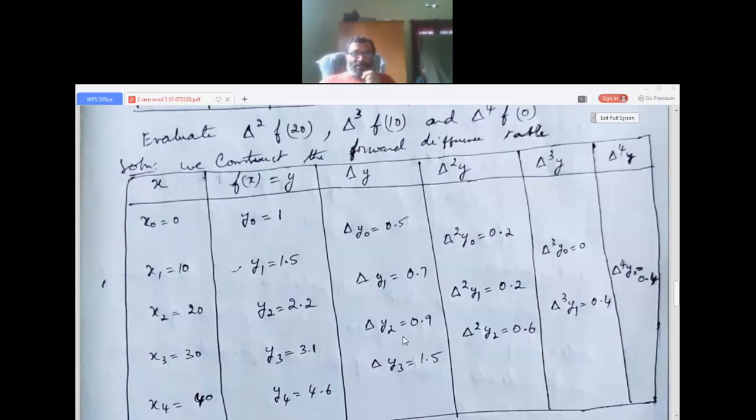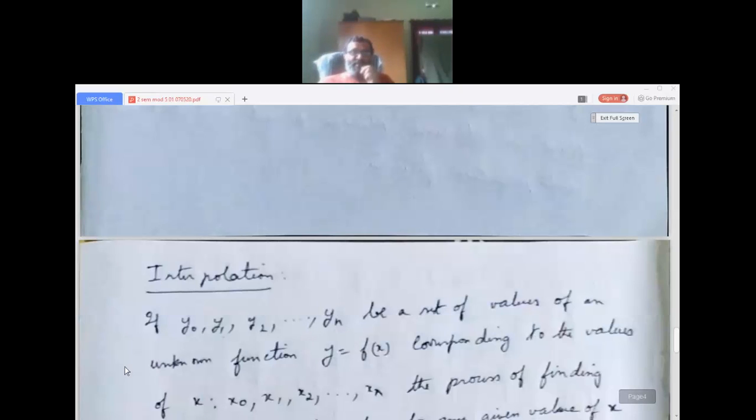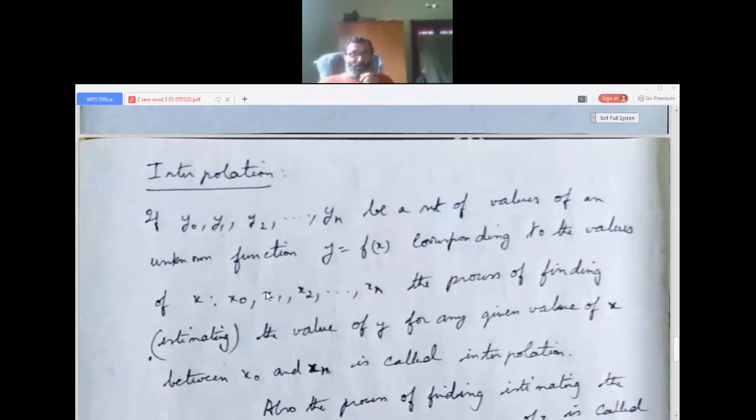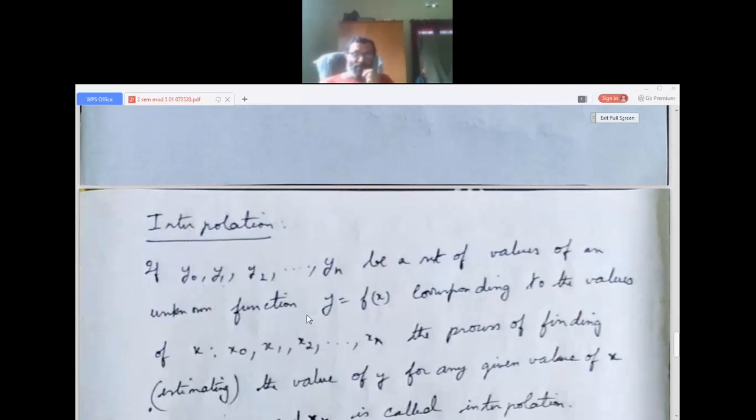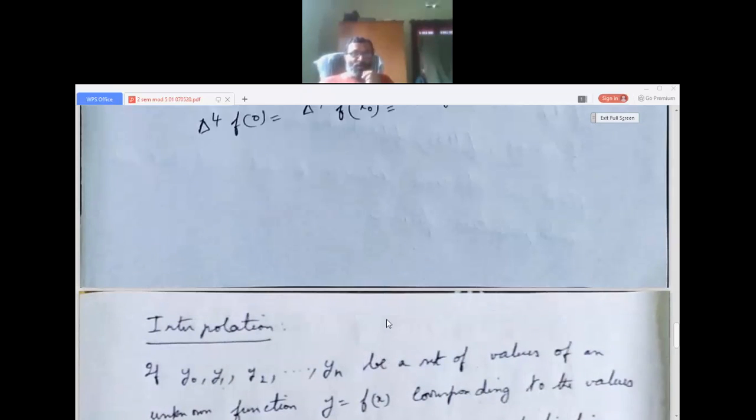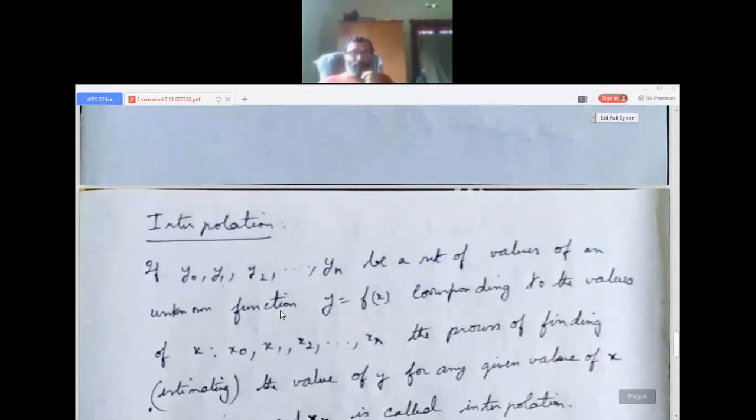Now we go to the next concept, that is interpolation. If y0, y1, y2, y3 till yn be a set of values of an unknown function,